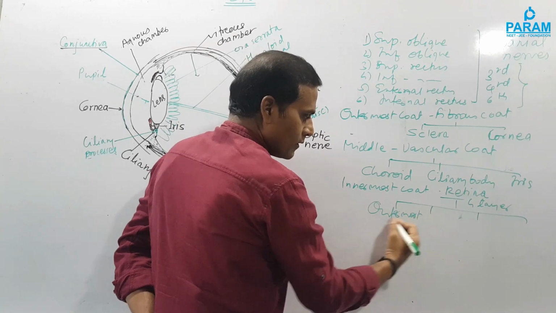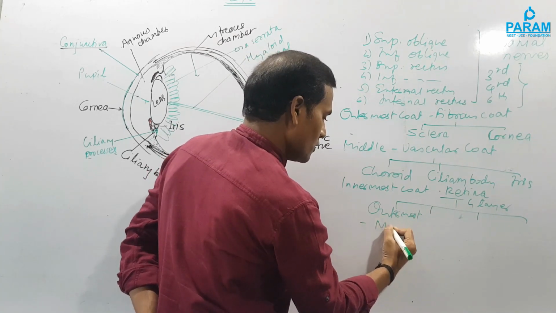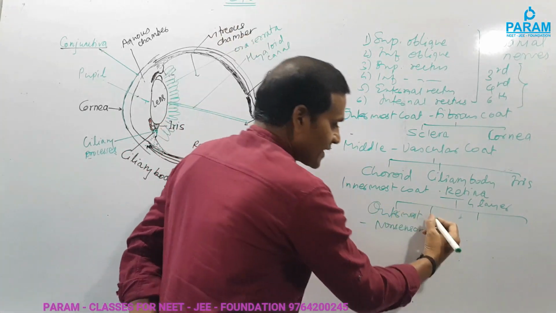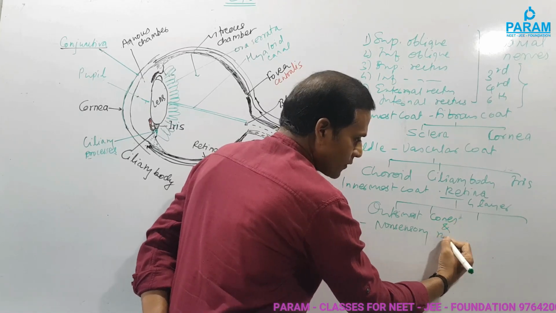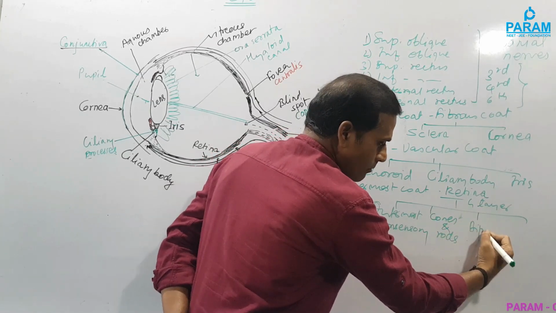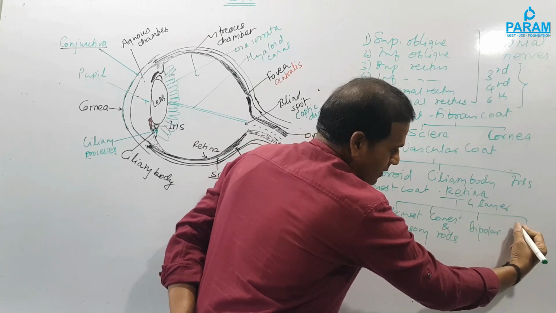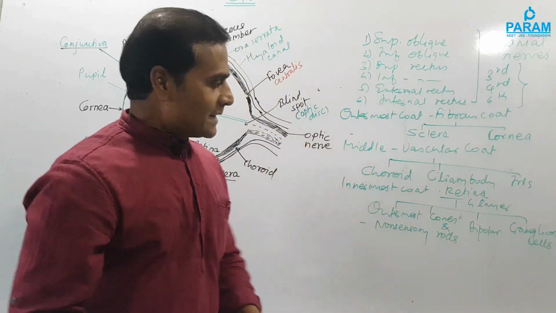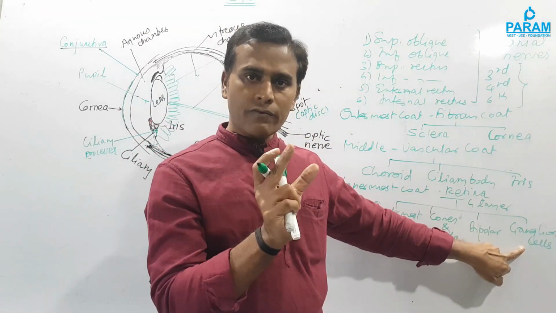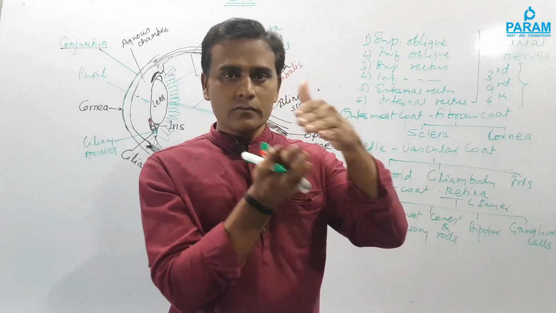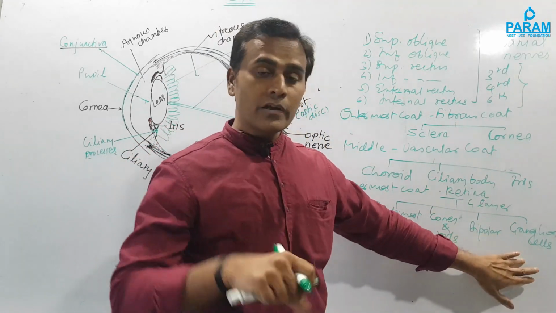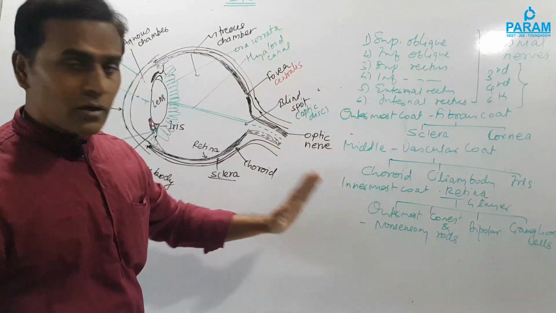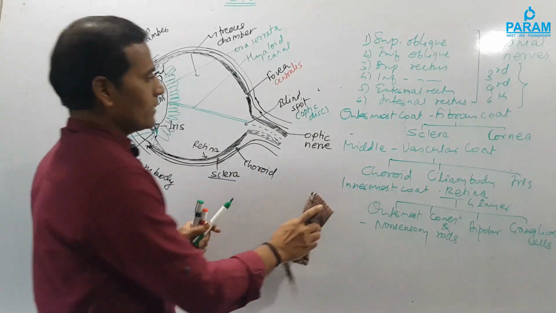The outermost layer is non-sensory, made up of epithelium; we will discuss it later. Second is made up of cones and rods. Third layer is made up of bipolar cells, and lastly the last layer is made up of ganglion cells. Later on, the nerve fibers arising from these ganglion cells will converge into the optic nerve that will be supplied to the cortex of the brain. So these are the different coats of your eye. We will discuss them one by one.